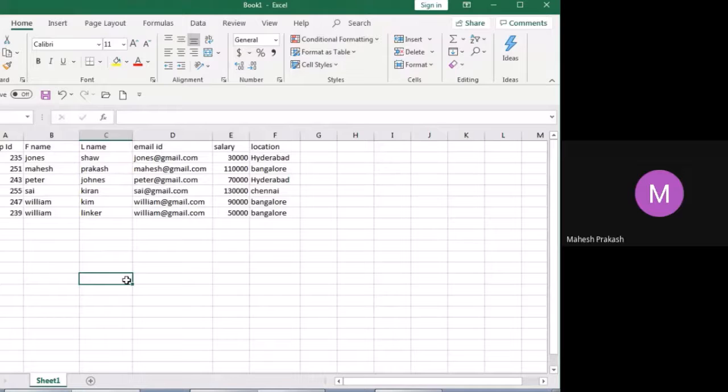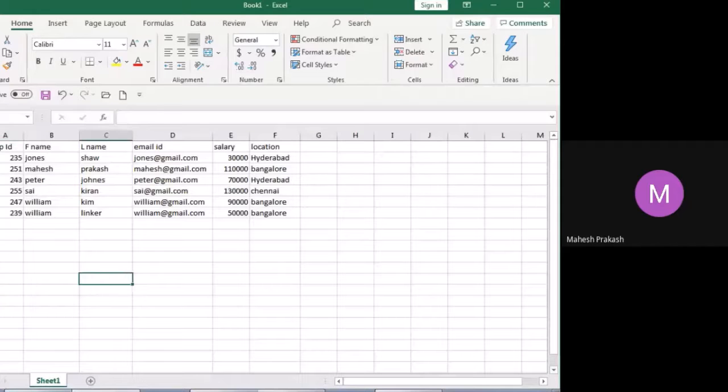Now VLOOKUP will only work with a table which is in vertical form. This table is in vertical form. What does horizontal form mean? Horizontal form means the columns will be in this way, like employee ID. Wait, I have an example for you.